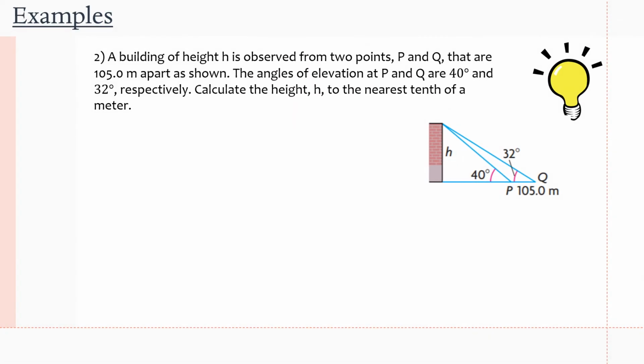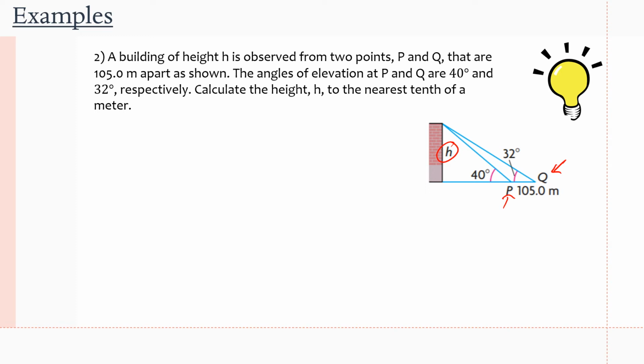Moving on to question number 2, it's a word problem, and it says a building of height h, so h is here, is observed from 2 points P, which is here, and Q, which is here, that are 105 meters apart. As shown, the angles of elevation at P and Q are 40 degrees and 32 degrees respectively, which means that their angles